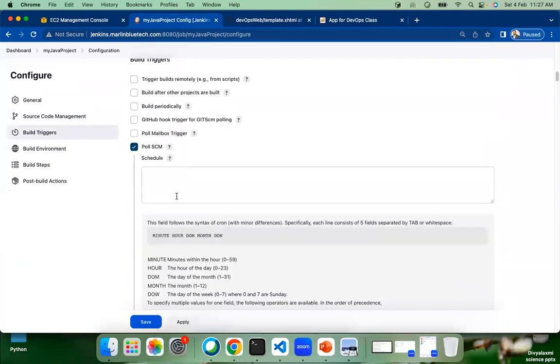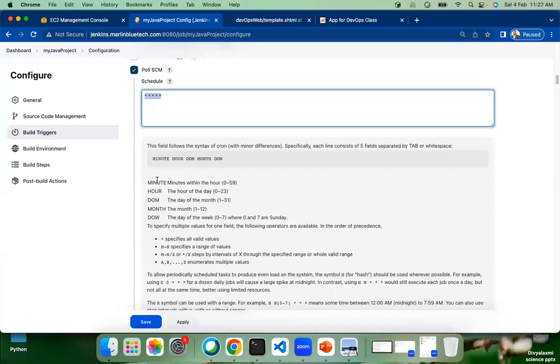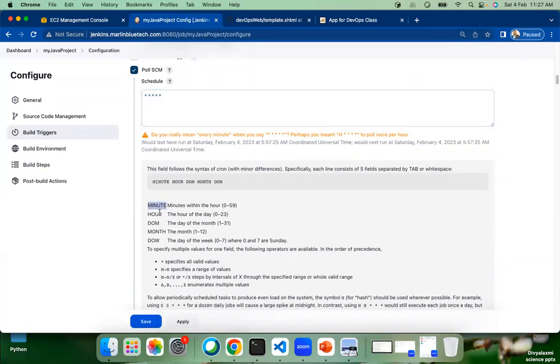But for the time being, I'm just giving five stars here. Now, each star has a meaning, right? The first one is minute, the second one is hour, the third one is DOM, which means day of month, then day of week. So: minute, hour, day of month, and day of week. Here I gave five stars, which means every minute,